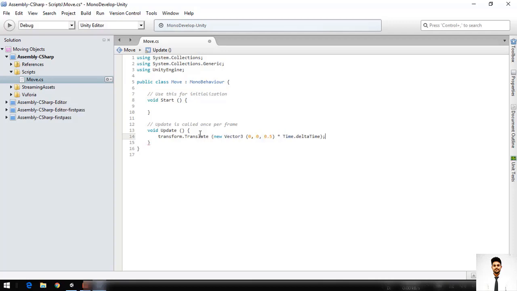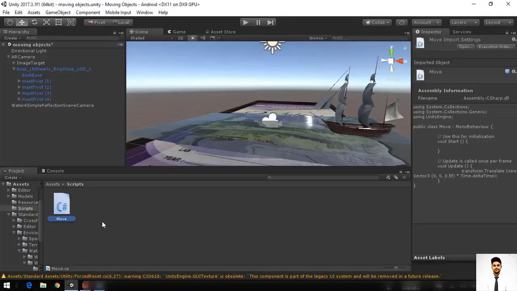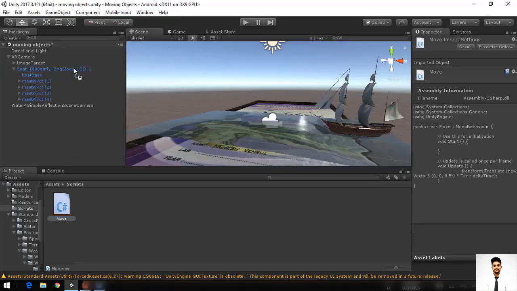In this course I'll not be teaching you more about this scripting. You can learn this scripting of augmented reality, moving objects, C# everything on the internet. In this course I'll be dealing with basic augmented reality. So I have written the script there. Now we'll be moving the script to our boat prefab. Yeah, we have moved it.